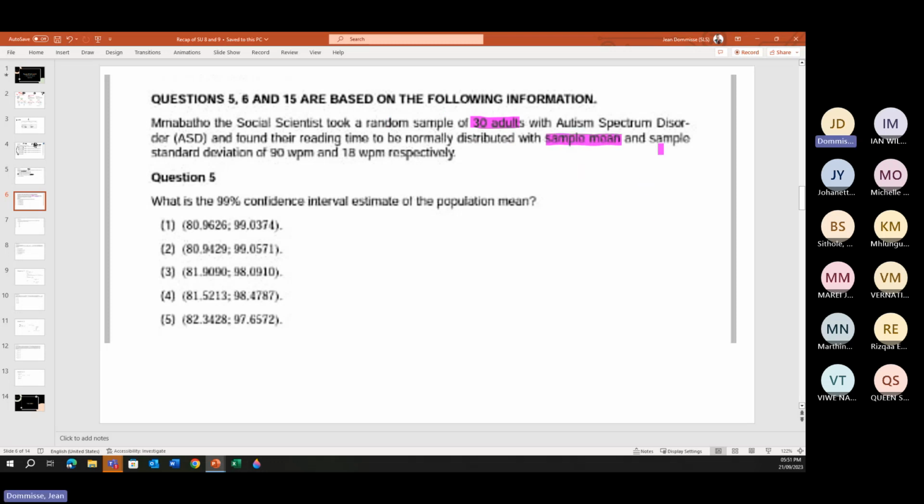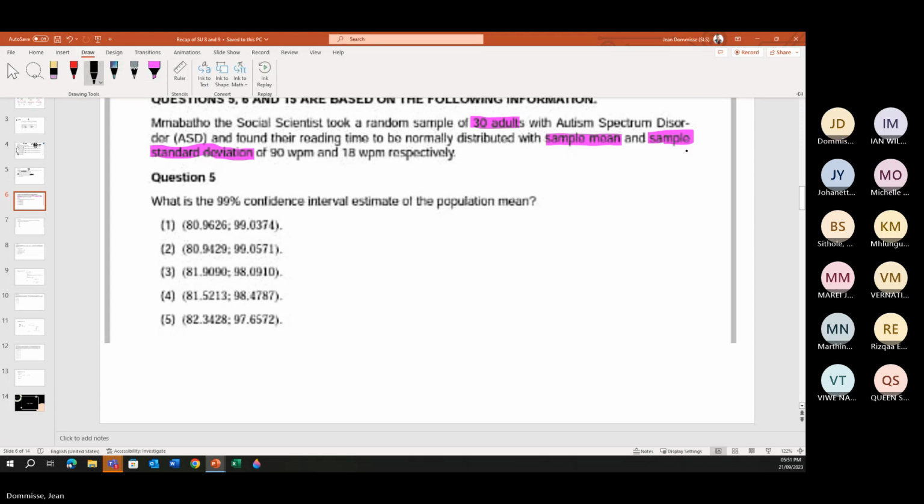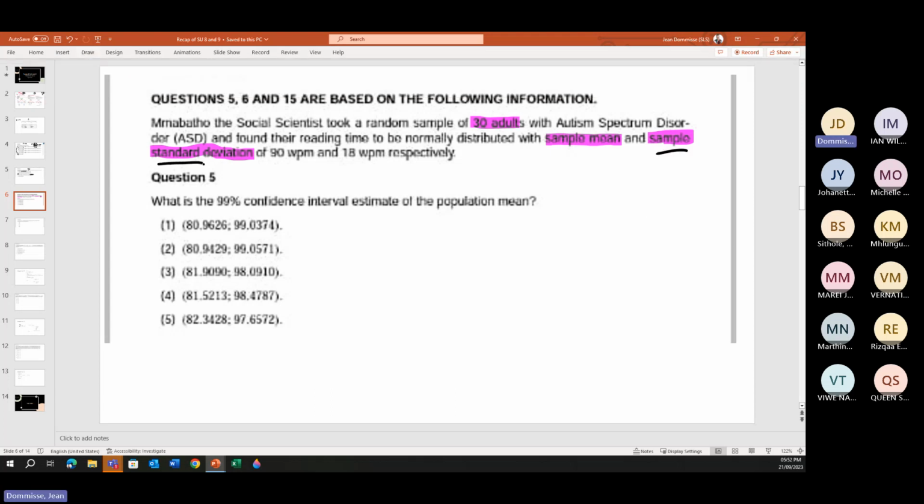Sample mean, sample standard deviation. Okay, so if we have sample standard deviation, that is exactly the same to say your population standard deviation is not known. So if we have sample,